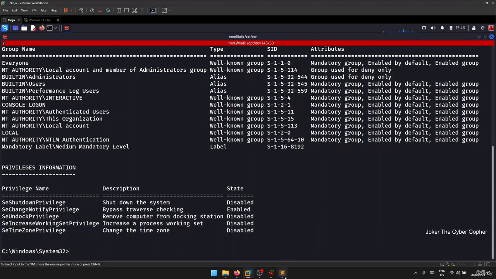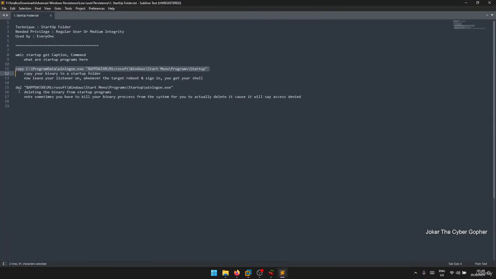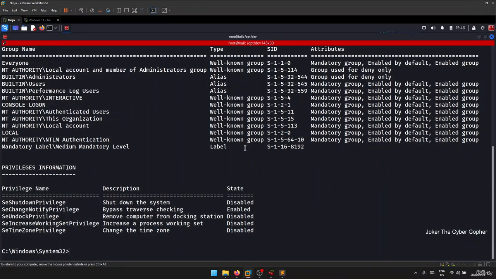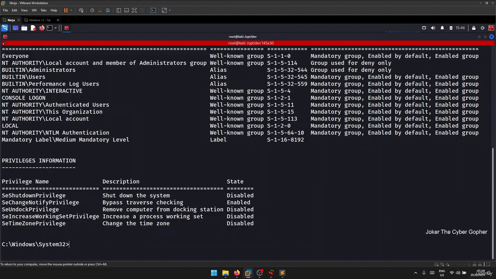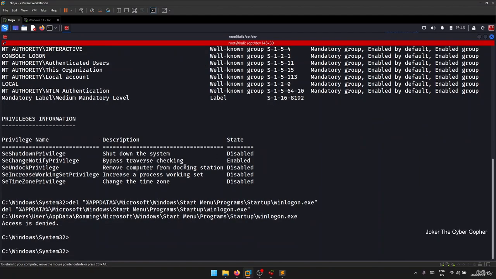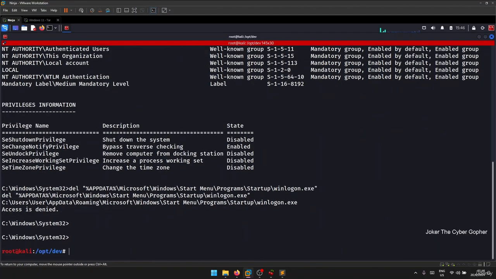All right, now let's come back to our .txt file, and this is saying delete the binary from the startup programs. Note that sometimes you have to kill your binary process from the system for you to actually delete it, because it says access denied. This is a thing to note. Let's just go ahead and try to delete our binary. Obviously it won't, because it is the one that is holding this session. As you can see, access denied. We can just go ahead and cancel access,